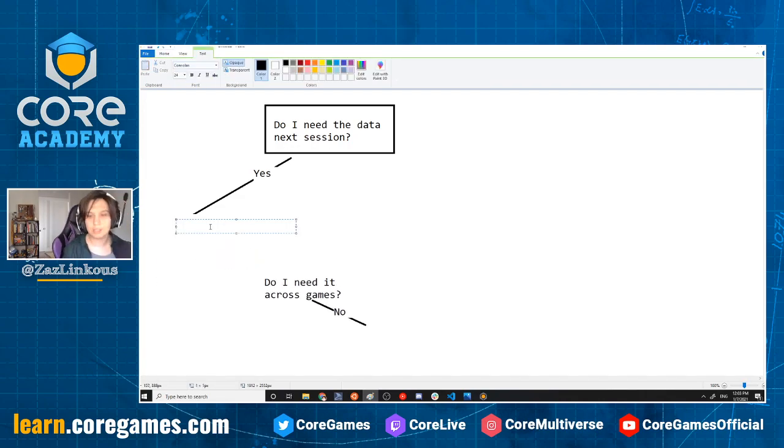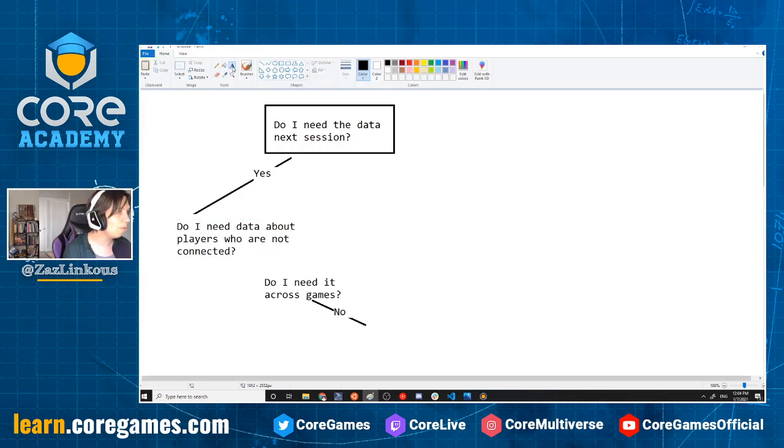The next thing we need to know with persistent storage is, do I need data about players who are not connected? Because if no, that's fine. We can just go straight to storage. If I do, then I absolutely need,